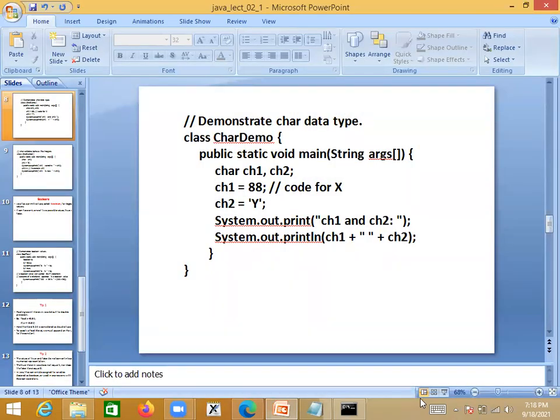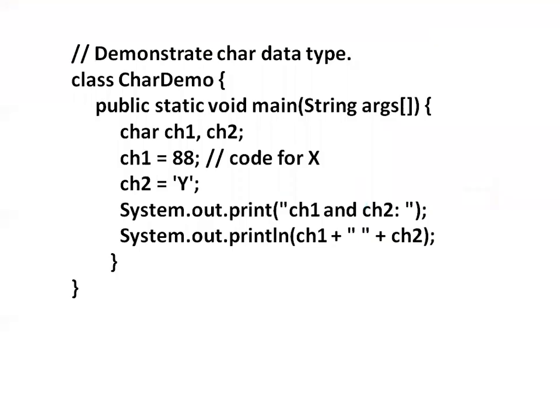Is it clear? So that means internally a character is treated as an integer only. That's why we can do this kind of assignment. So if you want to store X value, then you can assign in this way: ch1 is equal to 88. Nothing but you are storing capital X in ch1. Or if you want to store the character Y explicitly, you can assign like this, but you must enclose that in single quotes: ch2 is equal to 'Y'. Then when you print ch1 and ch2, it prints capital X space capital Y. This is how we can use a character data type in Java programs.